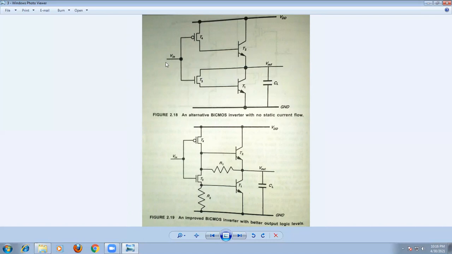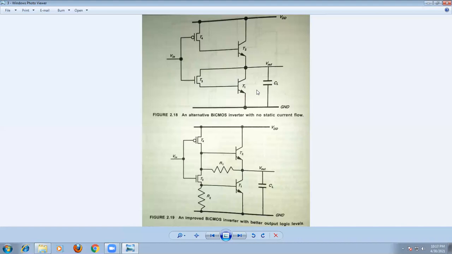Similarly, when the input is high, these two transistors will be turned on. When this transistor turns on, it supplies a sufficient amount of base drive current to the transistor T1, so this transistor will be turned on. But this transistor is off when the input is high, so it is not able to drive the transistor T2, which is off. Whatever voltage is there on the capacitor will discharge again. So the transistor operation will be good.